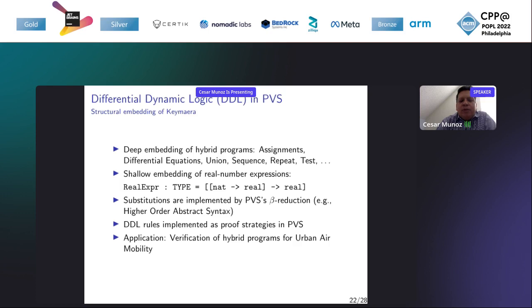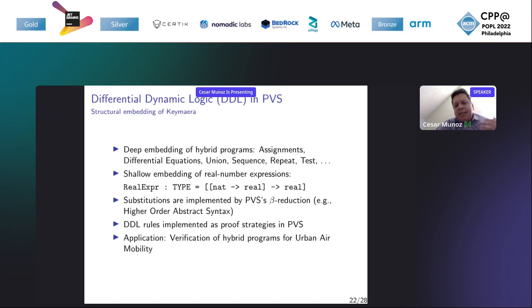Then we also implemented the dynamic DDL rules, the DDL rules as proof strategies in PVS. So with this embedding, you practically can reproduce a proof in Chimera by using proof strategies in PVS, by using the whole PVS. So what is the advantage, and why do we want to do that? Because we want to provide a way to do verification of hybrid programs directly in PVS, a la Chimera, where